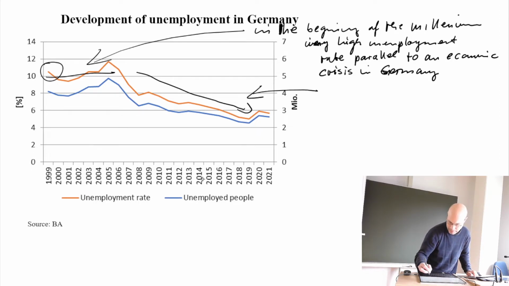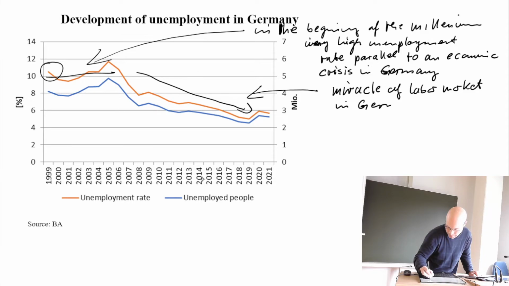This is the so-called miracle of the labor market in Germany, because unemployment rates went down